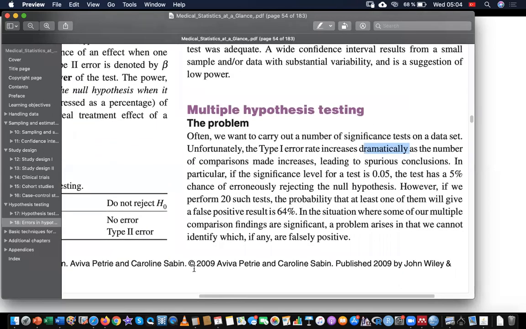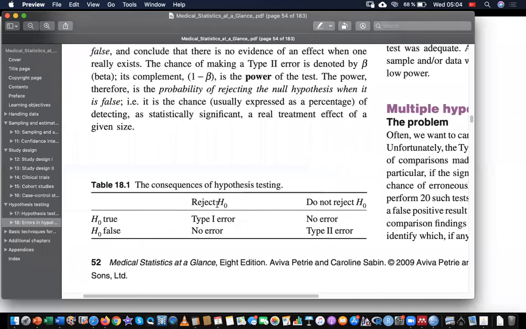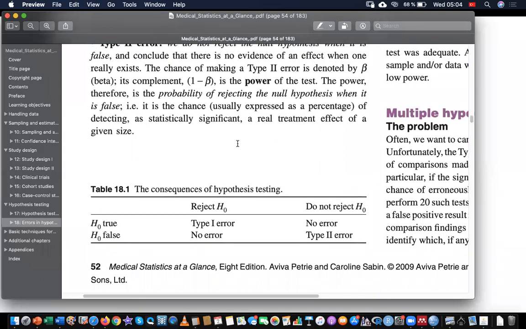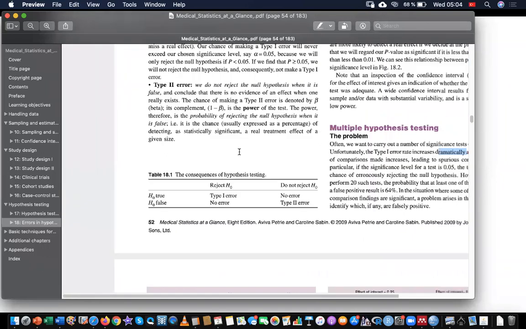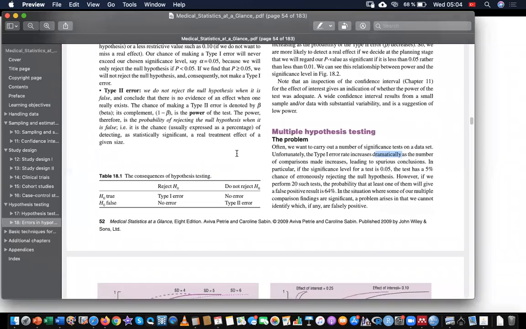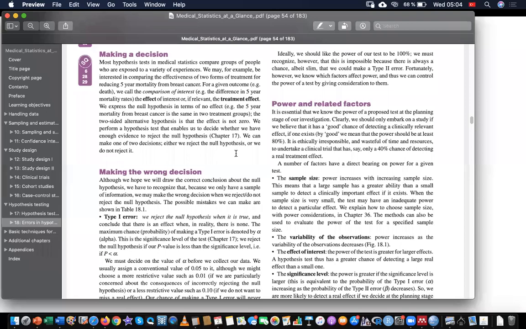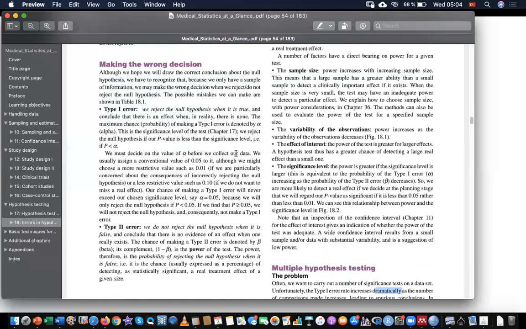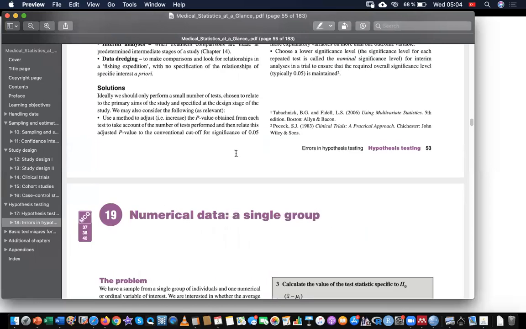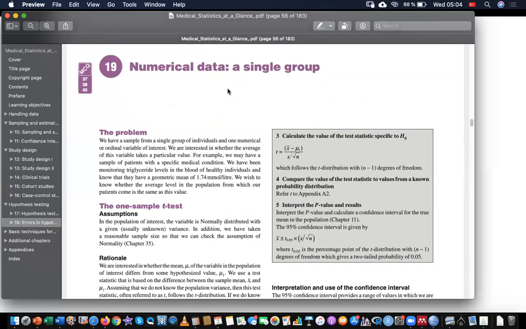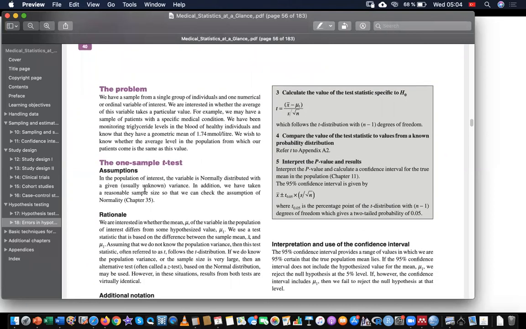Okay, I have exceeded my time, I know it. I have exceeded my time, but this was, I believe, an important and to me also interesting topic in statistics, in biostatistics, errors. Just let me mention some, I don't want to give a break, just 5 minutes I want to mention about this numerical data, single group, and then let you go. Is it okay, Dr. Azamat? I know you might be tired, but I will not give too much details about the